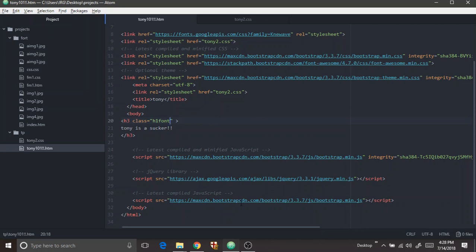So in this way you can add fonts to your HTML file using CSS and Bootstrap. So see you guys in the next tutorial, and in the upcoming tutorial I will tell you how you can add icons and edit them